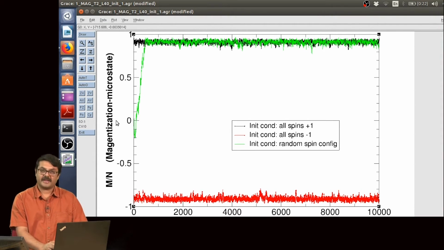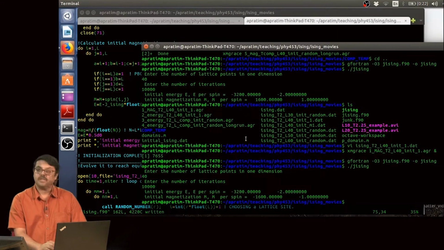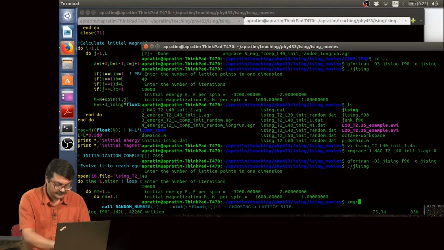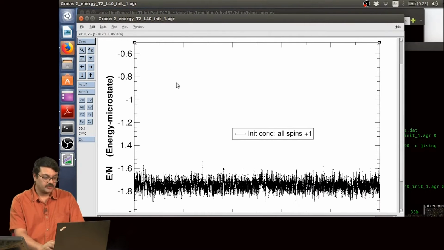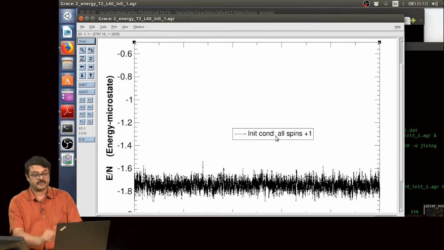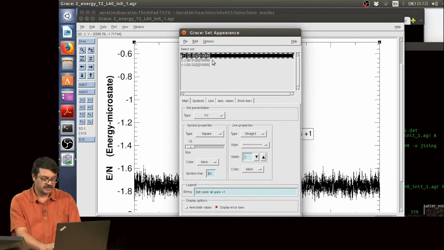Now, we were looking at the magnetization per spin. Let us look at what happens to the energy per spin. Okay. I have again already plotted the data. So, just have a look at what we have plotted. Okay. So, here this is data where we started from the initial configuration where all spins were pointing up. Now, I have already plotted the data for the other two cases,